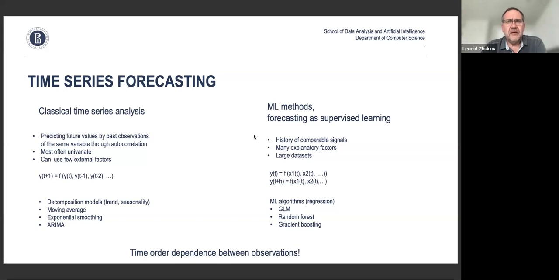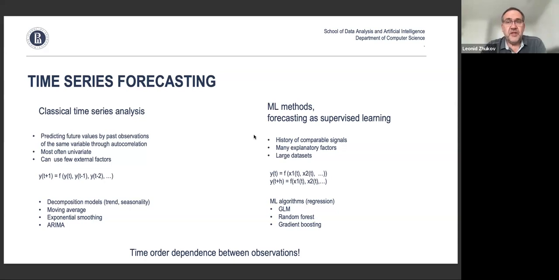You can even think of a very simple linear regression done within a window, which is usually called moving average. Or you can come up with different functions that put different weights on time steps closer or further away, and that's called exponential smoothing, or the very famous method ARIMA. We're going to talk about it a little bit, but all of those methods have exactly the same idea. They're all based on the fact that within the time series, consecutive data points are correlated, and so you can use previous data points to predict the value of the next one.